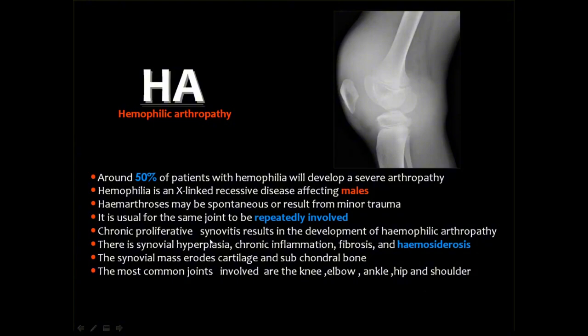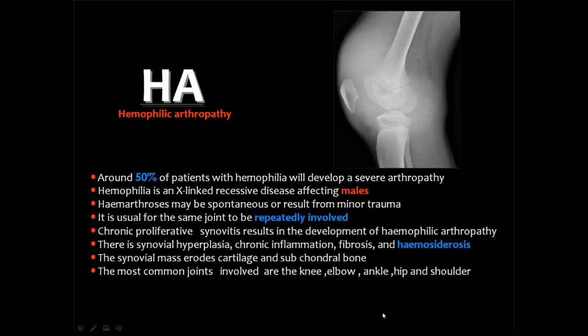Chronic proliferative synovitis will contribute to the development of hemophilic arthropathy. The arthropathy is in the form of blood inside the joint and erosive changes of the articular cartilage with destruction of the articular surfaces, ending in secondary